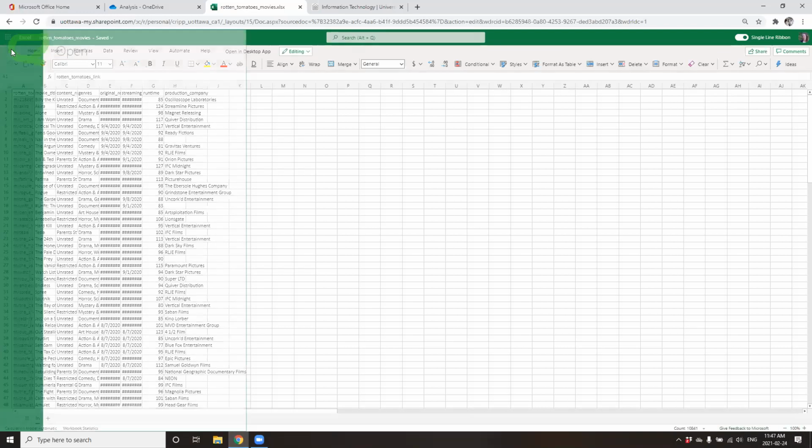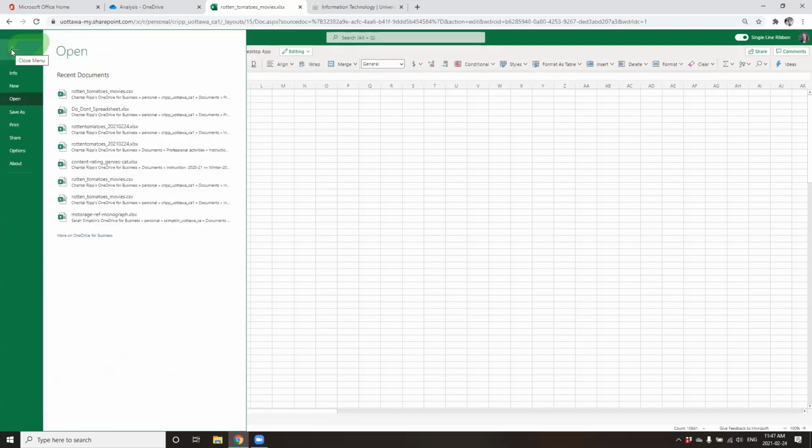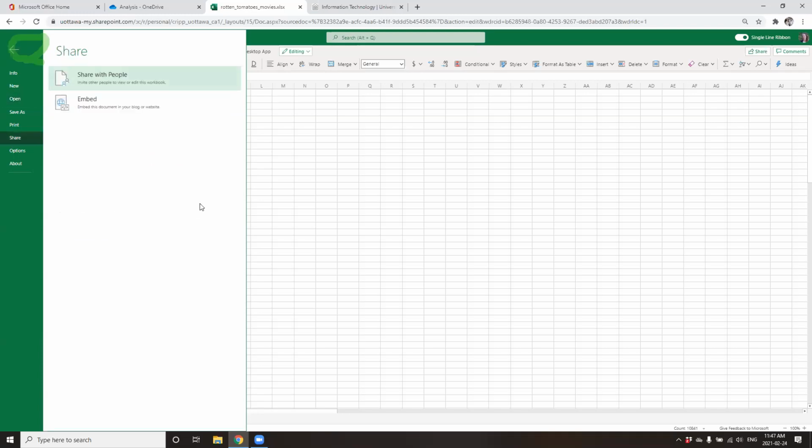On the Files tab of your worksheet, these are some of the features you'll typically recognize in the desktop application. But one of the things I did want to highlight is you can actually share your data set in Microsoft 365. So I can invite Jada, for instance, and send her an email, and we could collaborate on this worksheet together online or at her own leisure, similar to what you'd be seeing in Google Sheets. Save as, these are some of the other functions you may be familiar with.